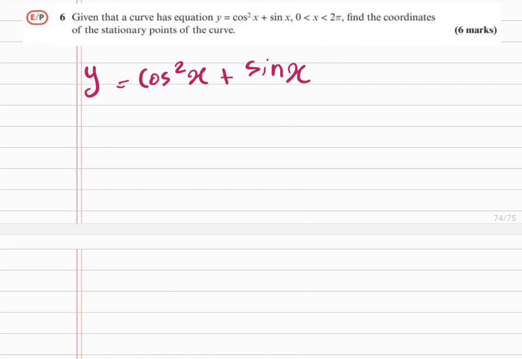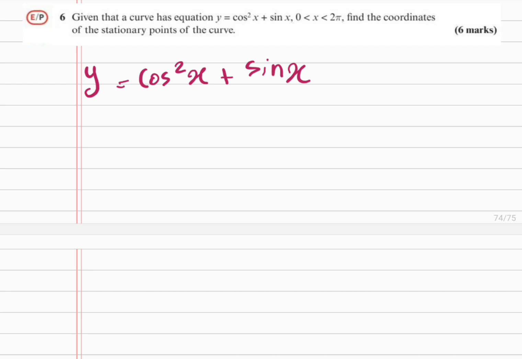Hi everyone, this video is on the mixed exercise 9 question 6. We have this equation of a curve and we want to find the coordinates of the stationary points of the curve. So whenever we want to find the stationary points of a curve, we need to differentiate the function first,